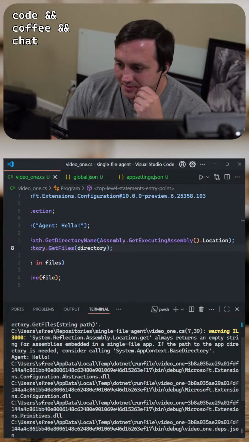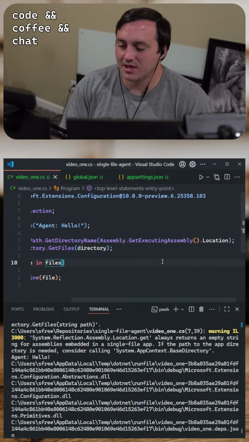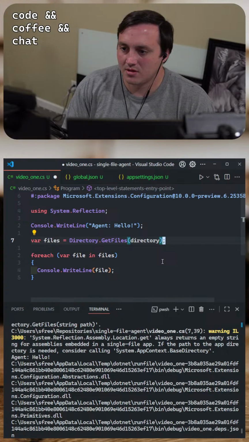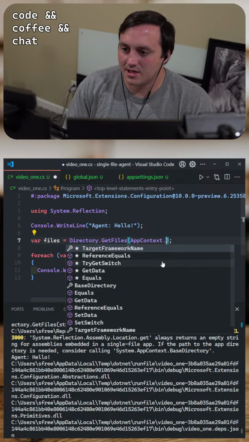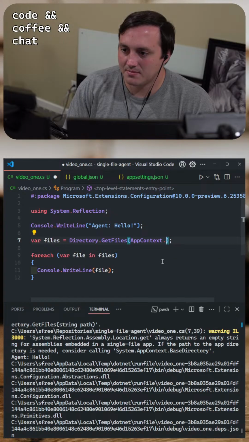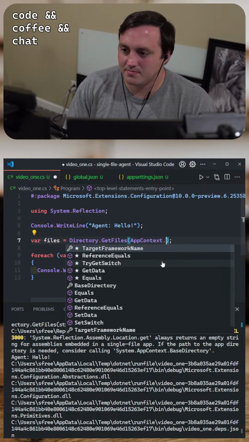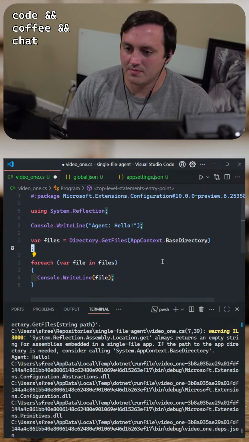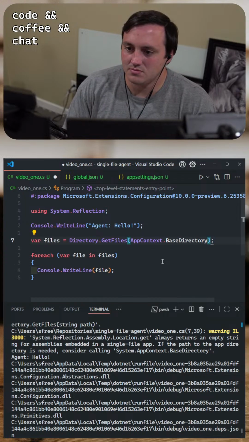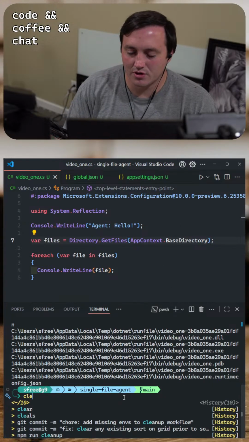If the path to the app directory is needed, consider AppContext.BaseDirectory. Okay. AppContext dot what was it? BaseDirectory? I'm learning.